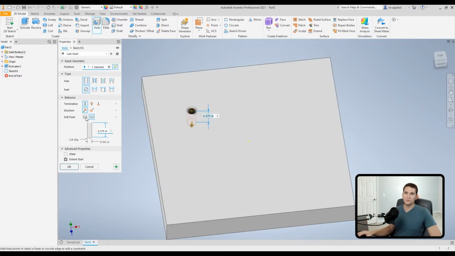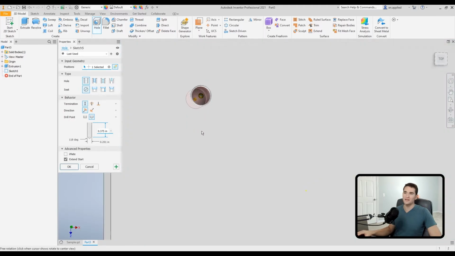And we also have the drill point option. So we can either add the drill point in here, or we can leave it as a flat hole. So just depending on your preference and how you want to show it in your model, you could do that there. Now, if you're doing a blind hole that is being drilled with, let's say, a 118 degree pointed drill bit,